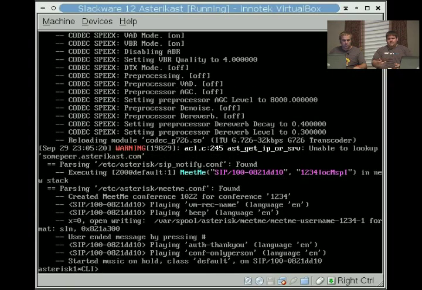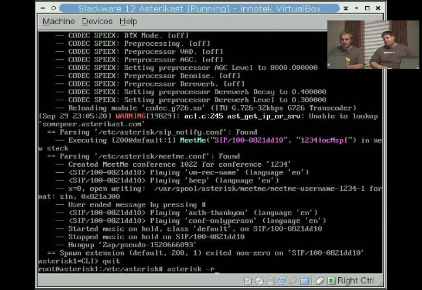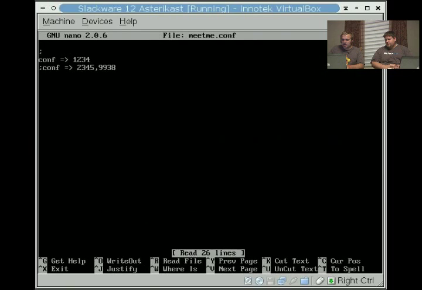Now there's other options, like you hear here. Music on hold when you enter the conference. So if you're the only user in that conference, they get music, and then as soon as someone else enters that conference, it drops the music and the conference begins. That's correct. One other thing, lastly, before I finish my spiel and Tony takes back over, is in the meetme.conf,